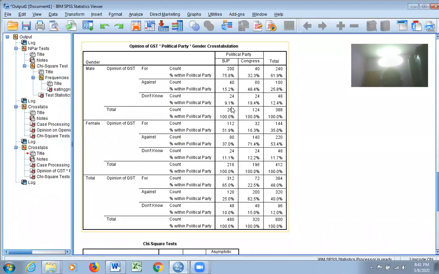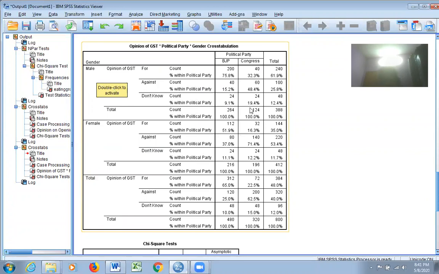You can see here, the entire result is split into 2. With regard to male, what is an association between political party and their comments on GST? And with regard to female, what is the association between political party and their opinion on GST? So for example, if you take BJP, as far as male responses are concerned, 70% are in favor of the motion, 15% are against, and 9% don't have any comments.